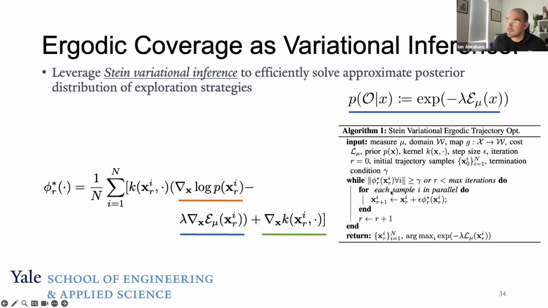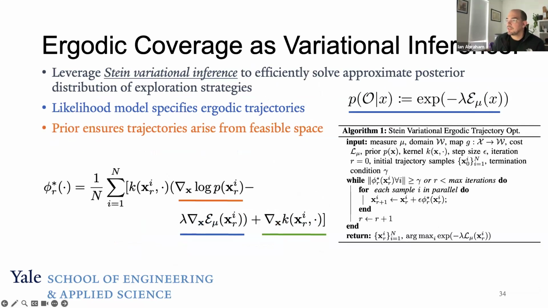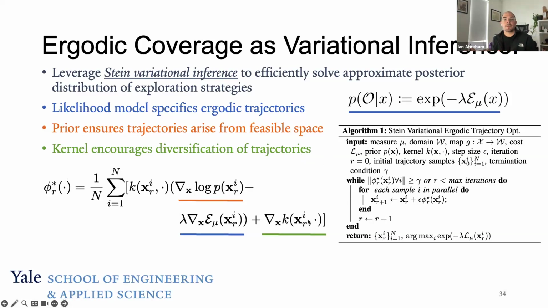So the way we actually implemented this was we said, okay, let's take the ergodic metric, put it into this likelihood model form, and add in a prior so that we can ensure that these trajectories are at least within some feasible space, that they're not doing something crazy. And then this kernel that's being specified in the Stein variational inference approach is the thing that encourages trajectory diversity. So here we add in a trajectory and it would look at all other samples that we're using and then encourage diversity in the trajectories while also converging onto appropriate